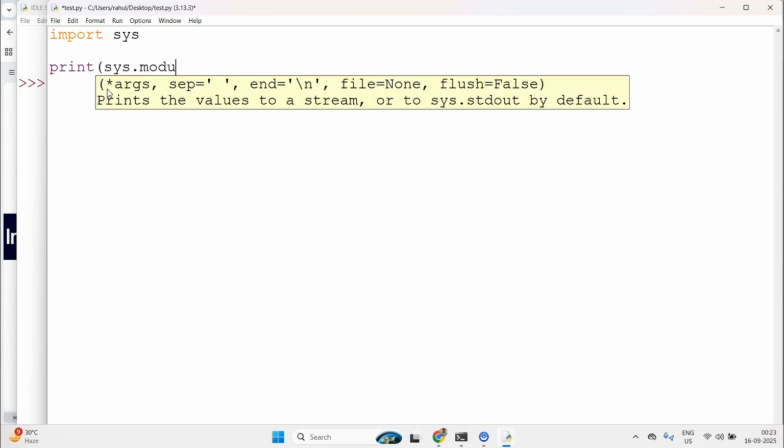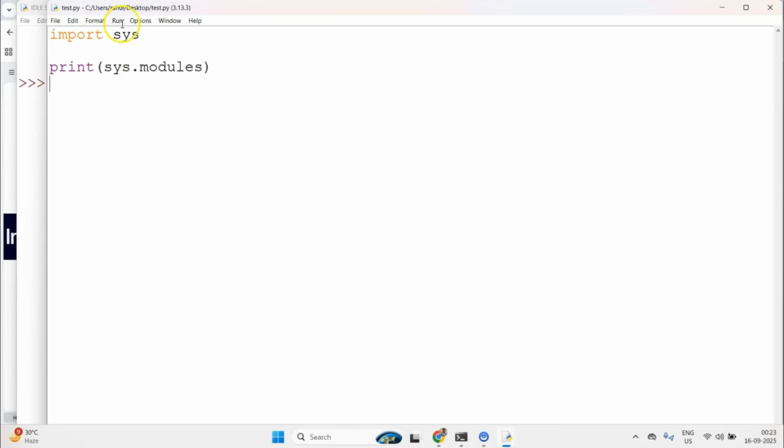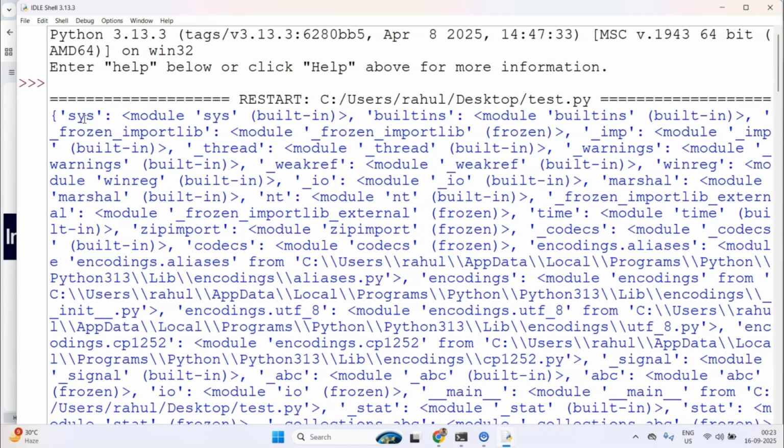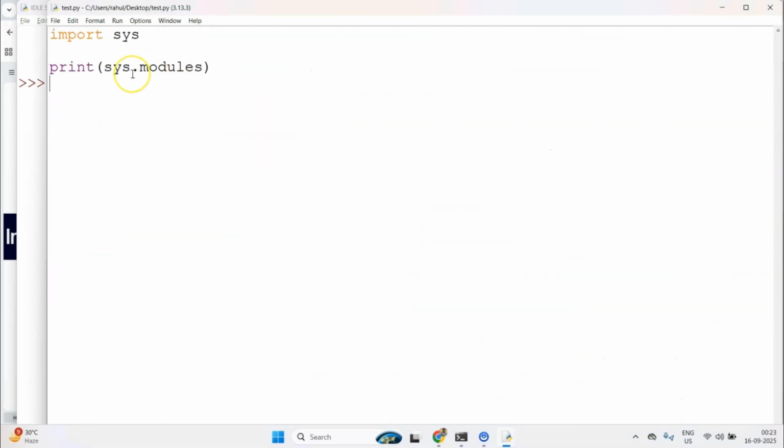I'll just print sys.modules. Now this will print and give us a dictionary. It is a squish because it is a huge dictionary. This dictionary is pre-populated with various keys and values. Here you can see keys are the actual module names, whereas the values are the module type. All the modules have a type called, let me comment this out, module type. It basically comes with a type package. We don't want to go into that in this video, but I just wanted to tell you this.